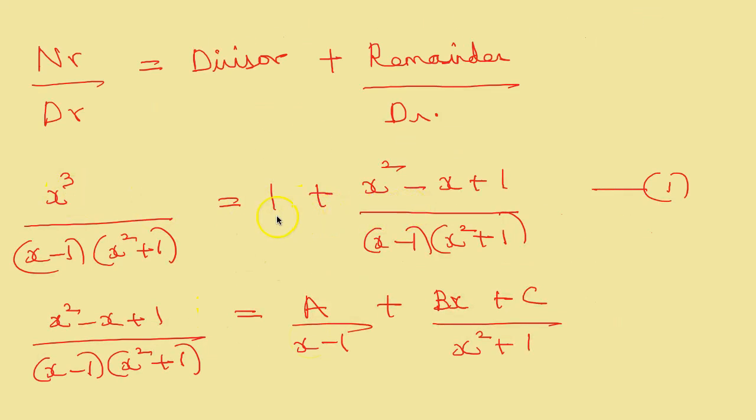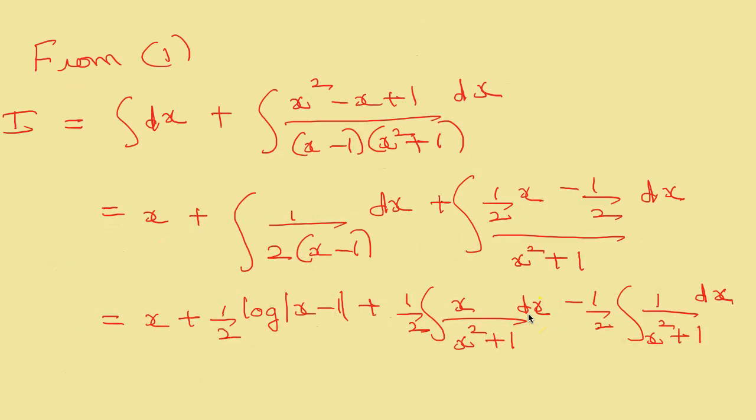Integral of this will be integral of 1, which is dx, plus integral of this, which is 1 by 2 into x minus 1 plus 1 by 2x plus half into x squared plus 1. So this is x plus half, integral of 1 by x minus 1 is log mod x minus 1 plus 1 by 2 integral x by x squared plus 1 dx minus half integral 1 by x squared plus 1